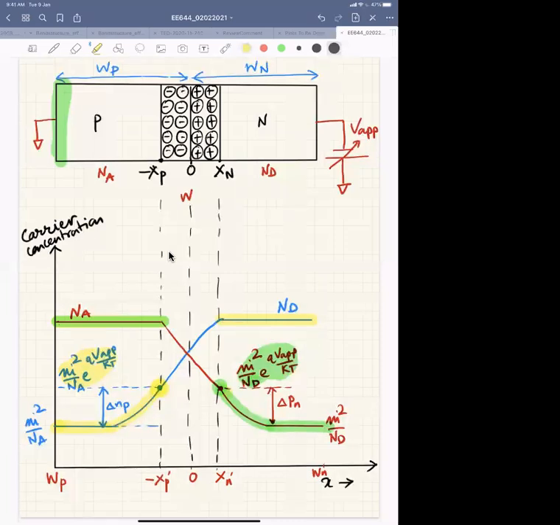right? So I have to solve the continuity equation to get the distribution, how the delta NP is distributed in the P side and how delta Pn is distributed in the N side, right? Okay. So